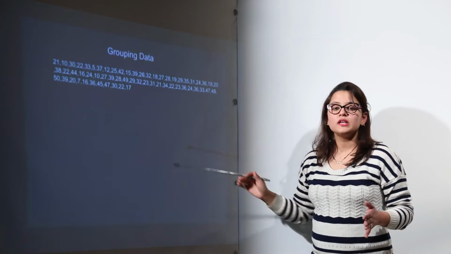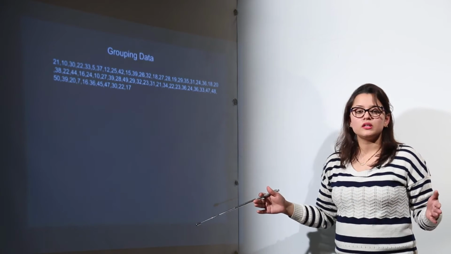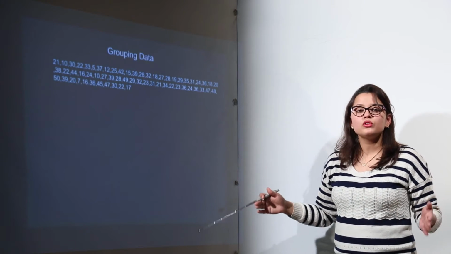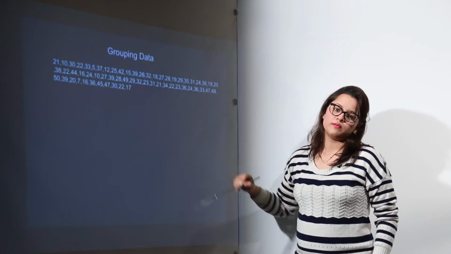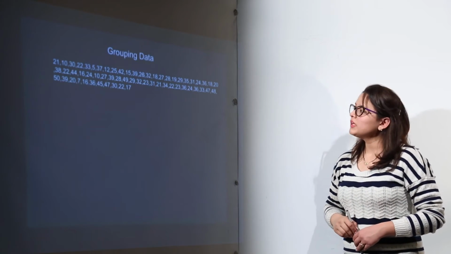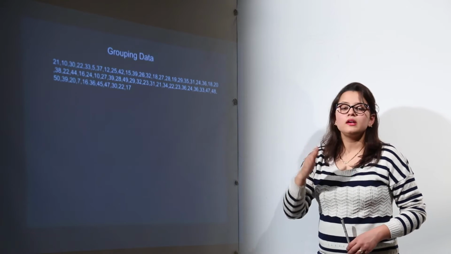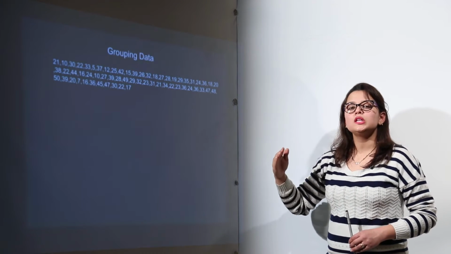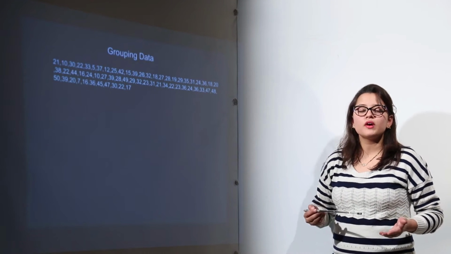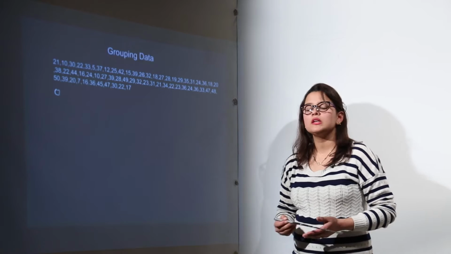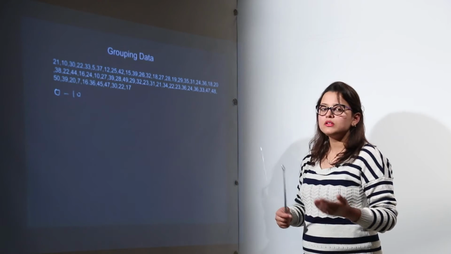Now here the raw data is in such a large quantity. When you have a large amount of raw data, you must always make a grouping of the data. Now how is the grouping done? We can make the groups like 10 to 20, 20 to 30, 30 to 40, depending on you. You can still make it like 0 to 5, 5 to 10, 10 to 15. It depends whatever format you want it to be.